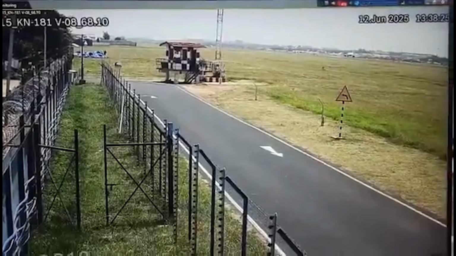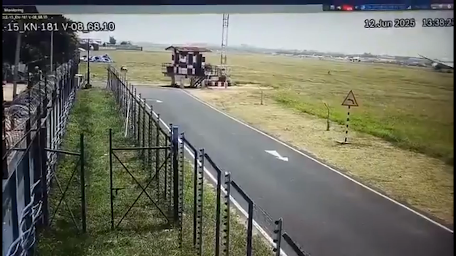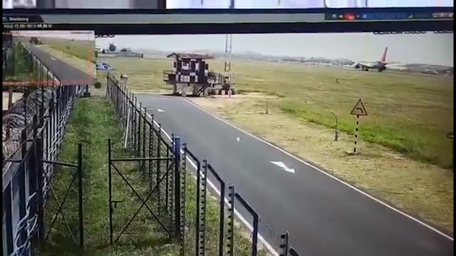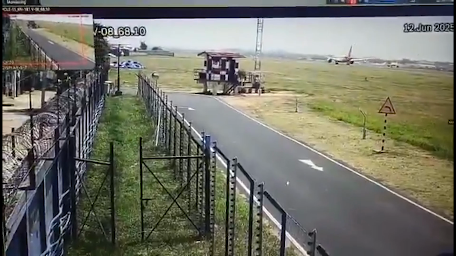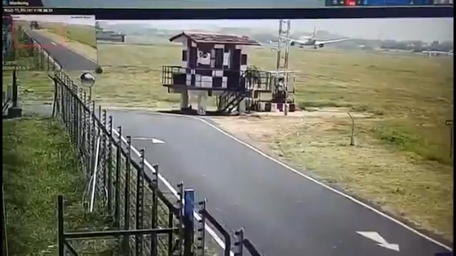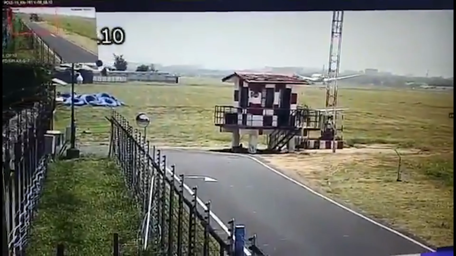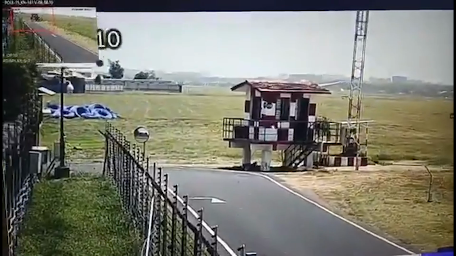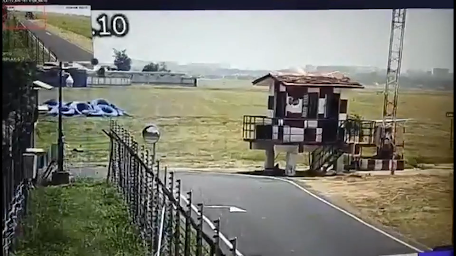Okay, so this video was shot off of a computer screen also, and you can see the person who shot it moving the mouse around. There goes the plane down the runway. And when it clears behind that checkered building, there is about the point when it's going to rotate and take off. So you can see the nose is lifting up right around there.